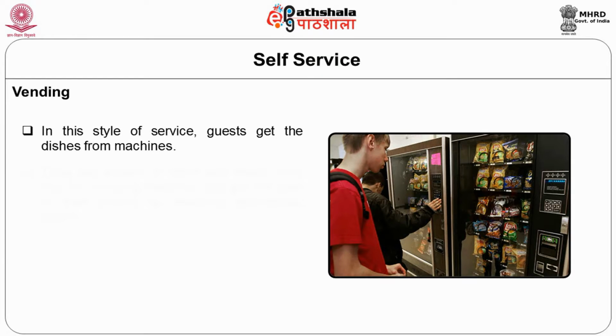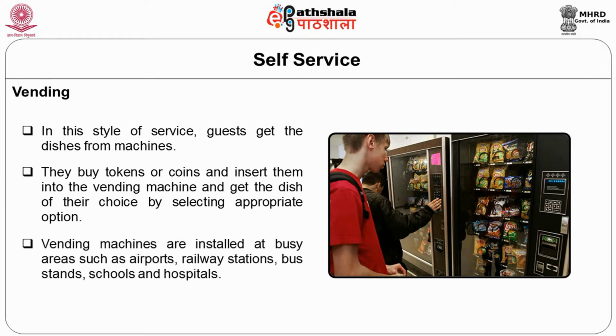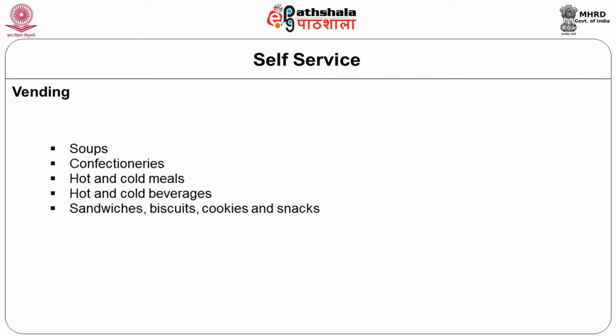In this style of service, guests get the dishes from machines. They buy tokens or coins and insert them into the vending machine and get the dish of their choice by selecting the appropriate option. Vending machines are installed at busy areas such as airports, railway stations, bus stands, schools and hospitals. Examples of products dispensed in vending machines are soups, confectioneries, hot and cold meals, hot and cold beverages, sandwiches, biscuits,